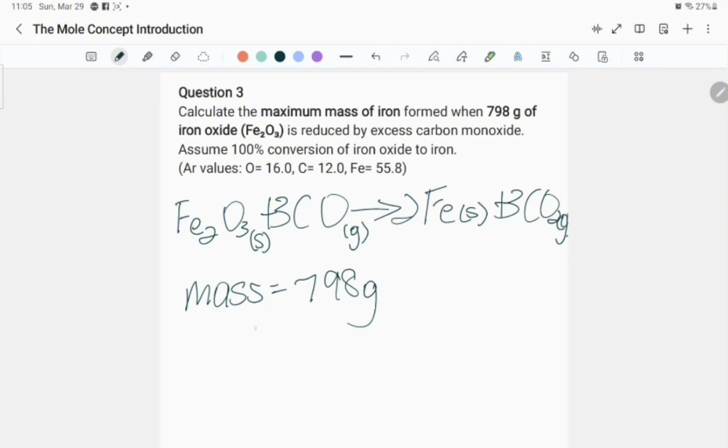And we could find the molar mass because we already have the chemical formula of iron oxide. They have given us the Ar values, or the atomic values, to calculate this. So the molar mass